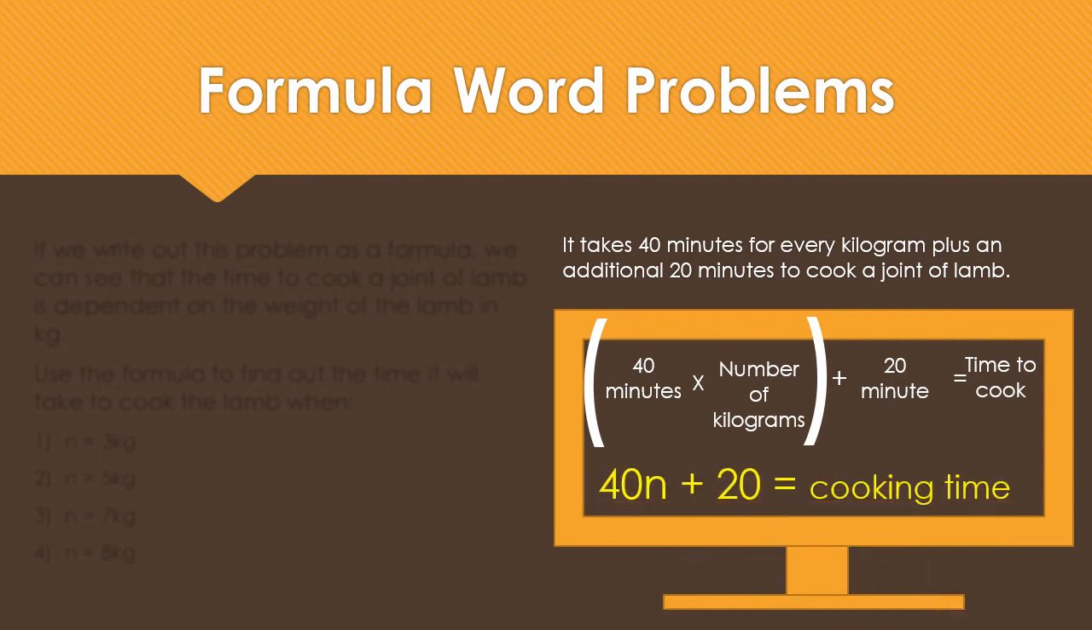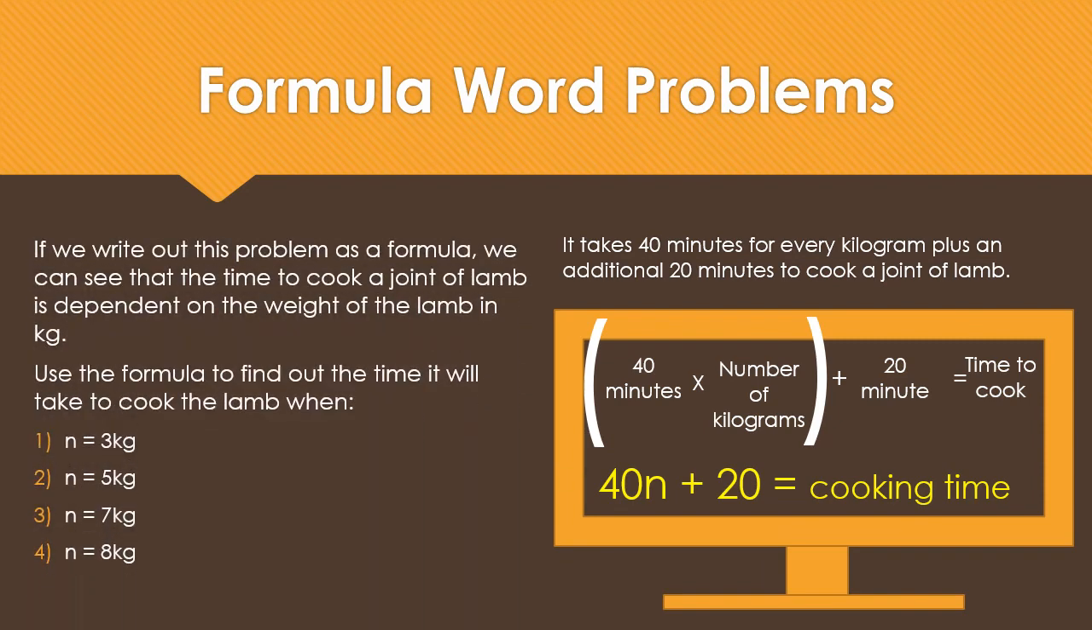Now we're going to have a look, and on screen you'll see the formula that you can use to help you. Now, if we write out this problem as a formula, we can see that the time to cook a joint of lamb depends on the weight of the lamb in kilograms. So now we're going to use the formula to find out the time it will take to cook the lamb